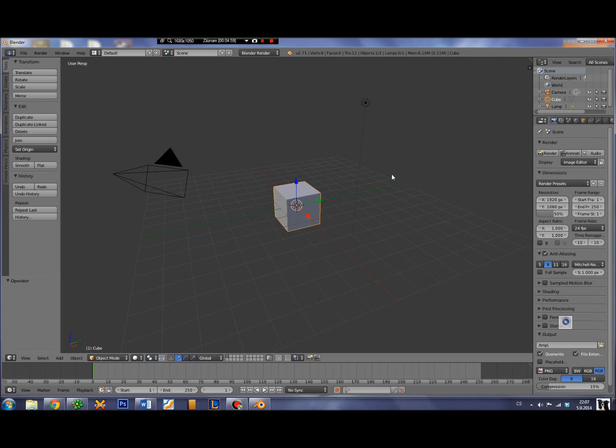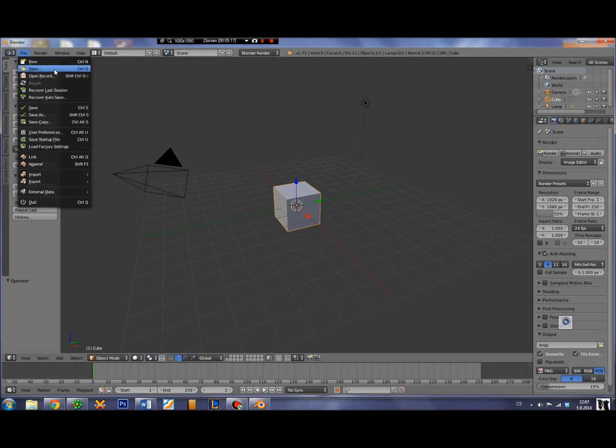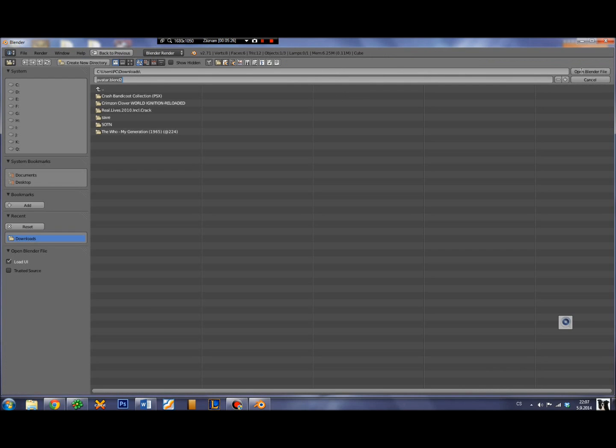Okay, so you are inside Blender now. You have all these buttons here. None of them are important now. None of them. You will not need to click any of these buttons to work. So we'll click the File button and we will open it. As you can see, this file is named avatar.blend2, and